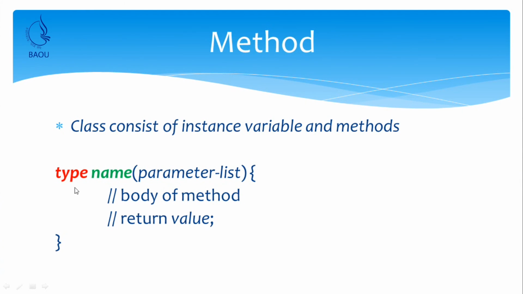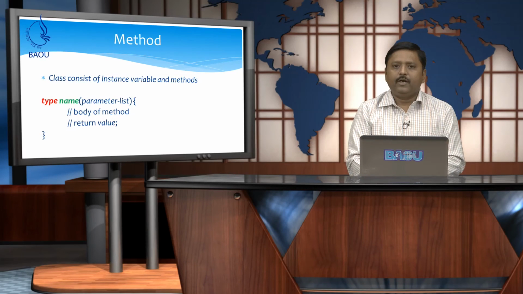But suppose the type is other than void, then we must write down this return and the value to be returned inside the method at the end of the method body. So, this return value is optional in case the method is returning nothing. For example, if I want to find the factorial of a number, then my return type is the factorial of the given number. So, I can assign long to type, which is the return type for the method. My name may be factorial and the parameter it takes may be an integer of which we want to find the factorial.